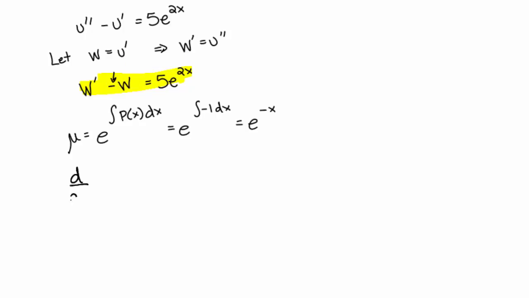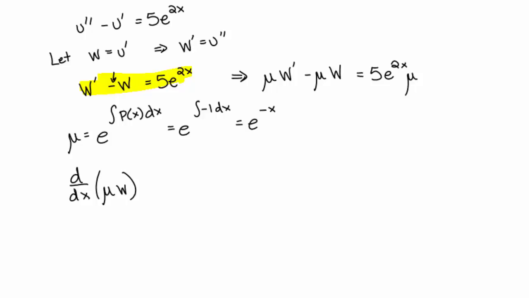of the derivative with respect to x of mu times w. In other words, if I were to take the derivative, by the way, that is true if I have multiplied everything by mu. So let's multiply everything by mu. We'd get mu w prime minus mu w is equal to 5 e to the 2x mu. Okay, and if you take a look at that left-hand side, that is the derivative of w times mu minus mu times,